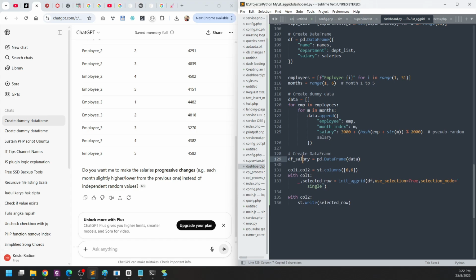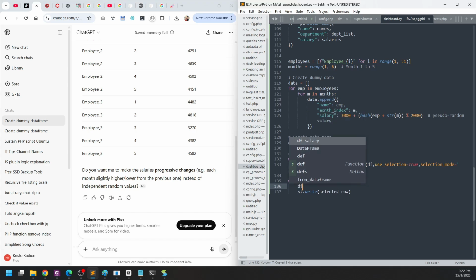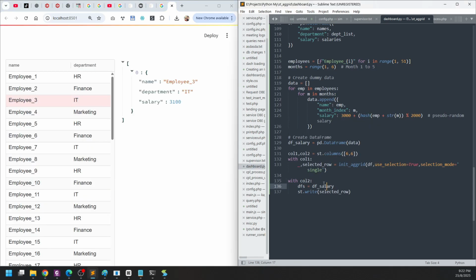Now we are going to use this df salary. So the employee name is given in the employee field. We'll just change it to name. So we are going to create a drill down view of the df salary. If the selected row is not none, then means we are going to show some drill down view. So df salary with the name. So assuming you only have one selected row, and then yep, so the name has to match the name. So you're going to give a view here